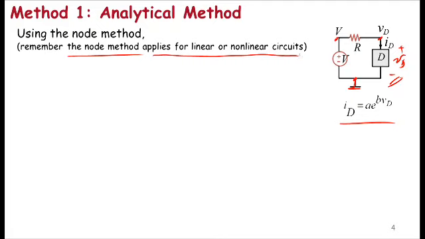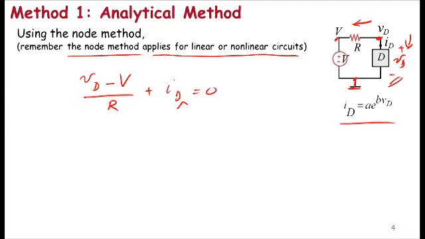Once we are in the ECS playground, you can go ahead and apply the node method, which derives directly from the KVL/KCL method. Okay, so there's just one node here, the node with voltage VD, and let me go ahead and write the node equation for that node. Let me sum the currents leaving the node, and so the current leaving in the left-hand direction is simply given by VD minus capital V divided by R. And I sum the current going out of the node going downwards, and that is plus ID equals 0,